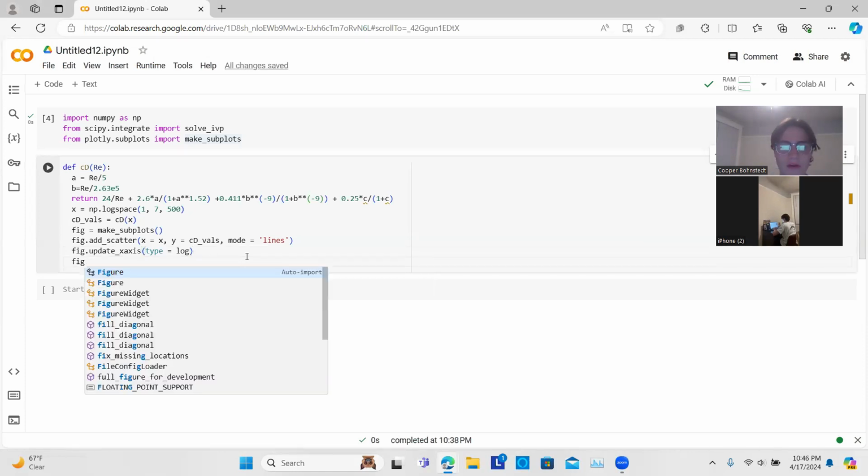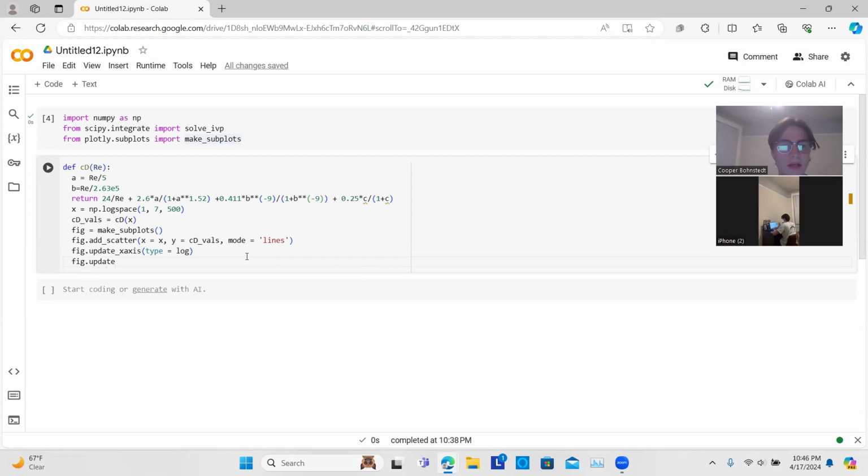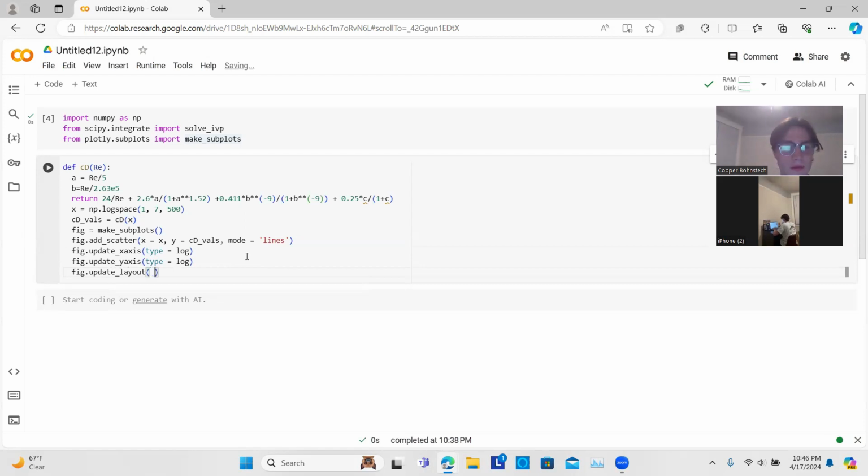So we want that for both of our axes, since it's a log graph. And then the last thing we need to update is our layout, or our dimensions. So fig.update_layout, and then we do